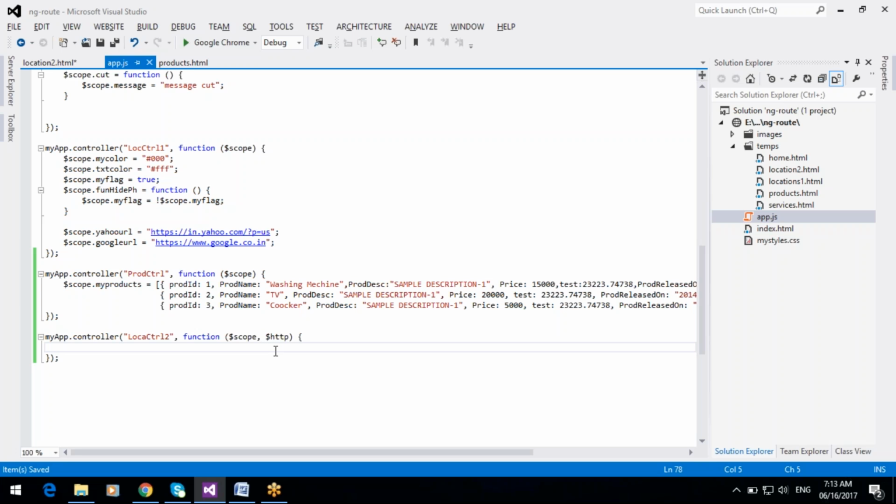Before you use these services, compulsorily we need to initialize them. In AngularJS, we have to inject this service in the function.